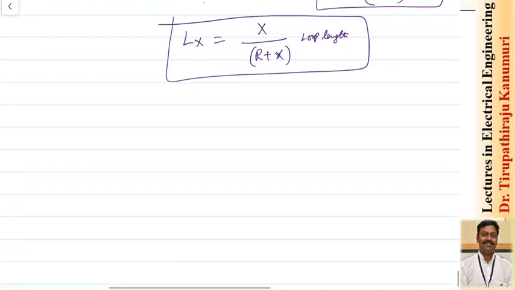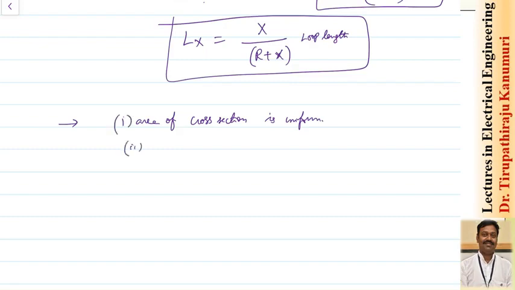Now coming to both the Murray and Varley loop tests, this method has limitations. Both methods are valid only if the area of cross section is uniform throughout the length of the cable. Otherwise we cannot calculate it properly.